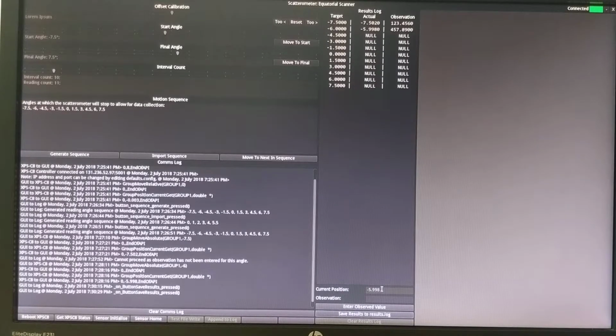Now there's a lot more that I can talk about and things that I've done. Just quickly, I have built a virtual controller because earlier Israel was doing some experiments with the Scatterometer, and I didn't want to issue commands to the Scatterometer while it was doing an experiment. So I've built a virtual controller which I can talk to without having to interfere with the actual one in the lab. I've also written a complete API in Python for all the commands,